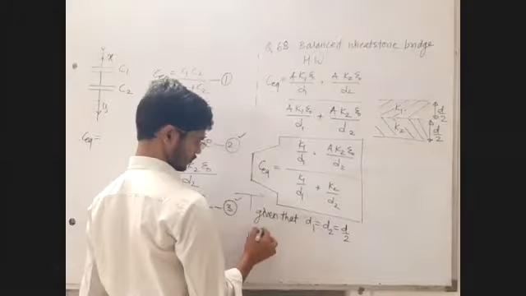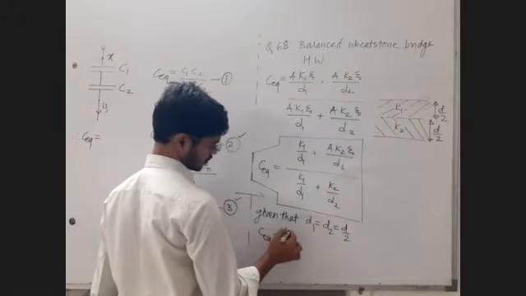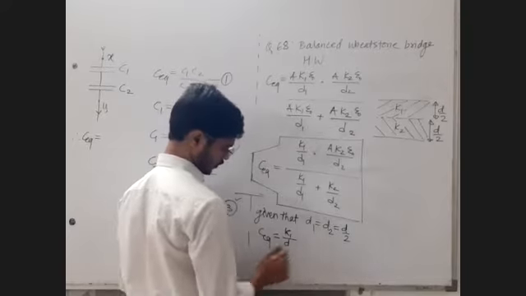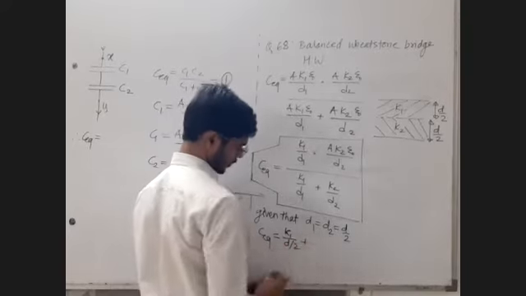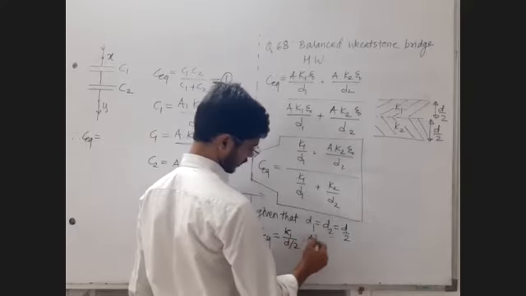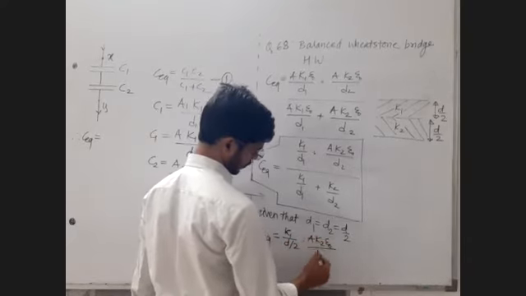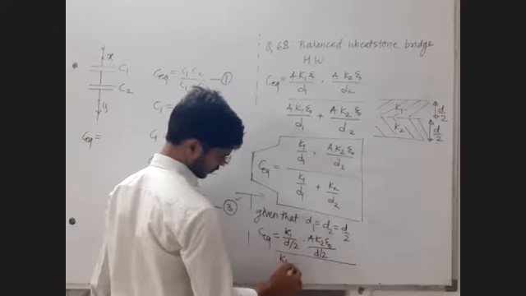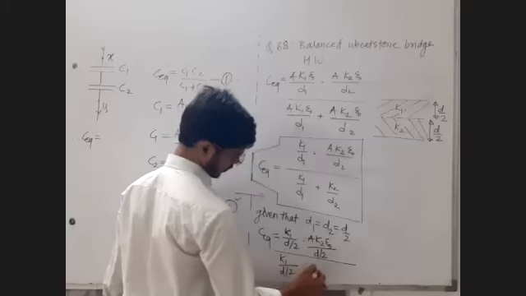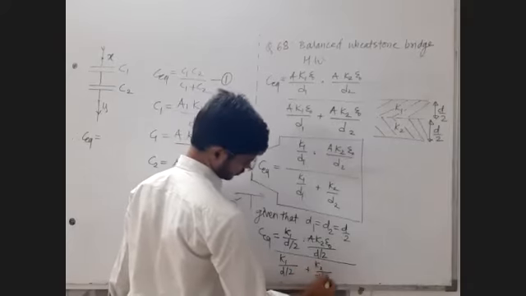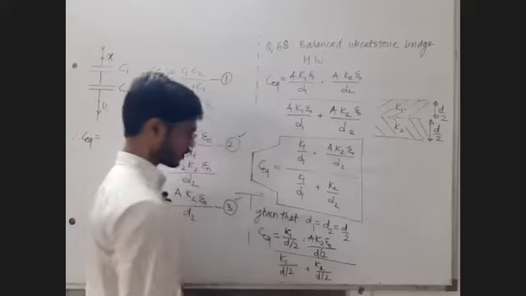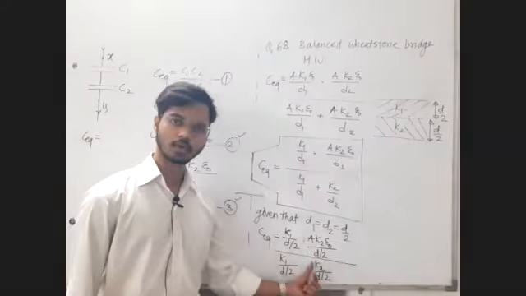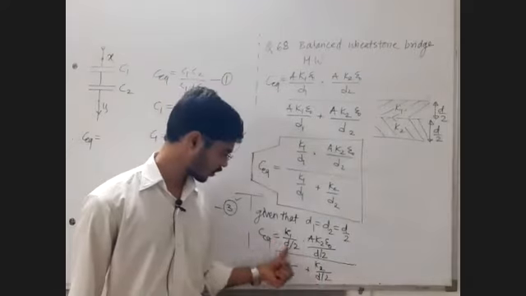So C equivalent is equal to K1 upon d by 2, multiplied by, not plus, multiplied by A K2 epsilon 0 upon d by 2. This 2 you can write in the numerator also directly, no issues. K1 upon d by 2 plus K2 upon d by 2. Now what you can do here is take 1 upon d by 2 common. That cancels with the 1 upon d by 2.